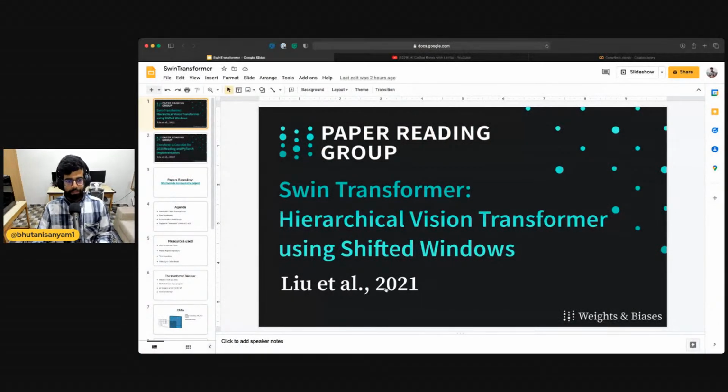So, as I mentioned, we're reading the Swin Transformer V1 paper today, and we won't cover V2 because I need more content for future PRG sessions. Just kidding. I think V2 of this model has some minor improvements. If you've gone through this paper, you can read them by itself, and I'll also be releasing the annotated version